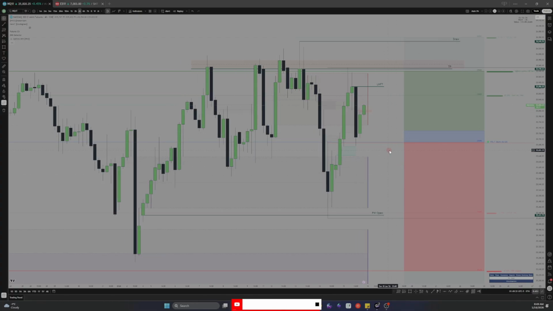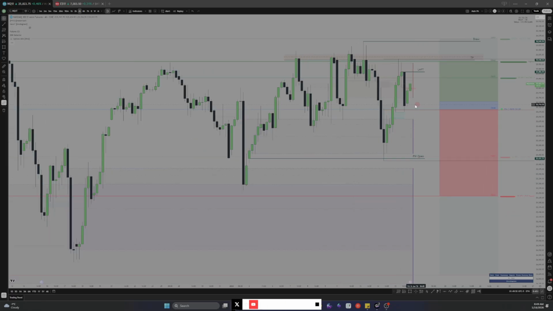For bearish scenarios, I actually don't have any at this point because we are far away from where I would consider bearishness. So all the way 130 points lower into this,